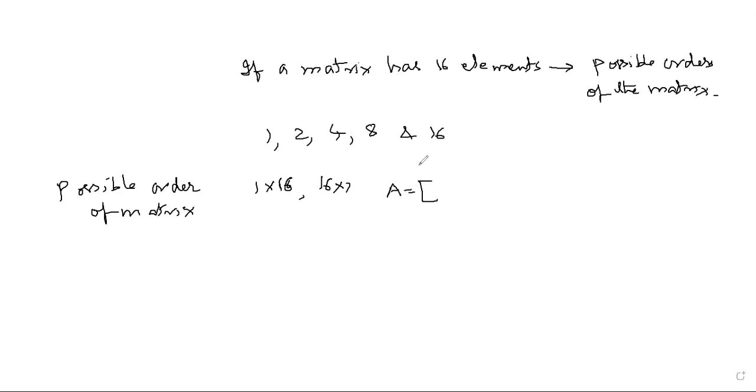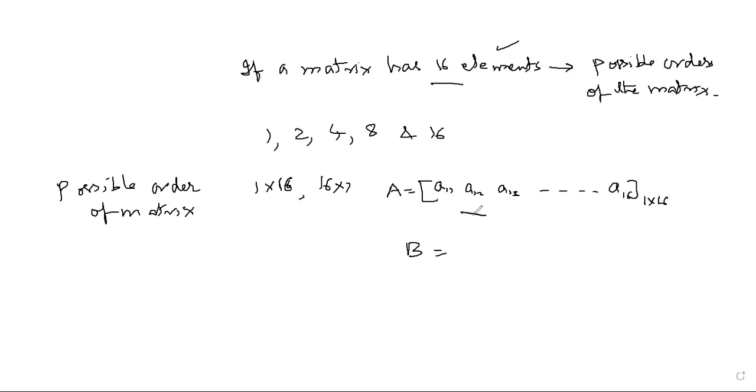Suppose you have 16 numbers. We have been given the 16 numbers, so we can take the numbers also, no problem. Any 16 numbers we can write here. So A11, A12, don't use commas here, A13, up to A16. So it has how many rows? One row and 16 columns.